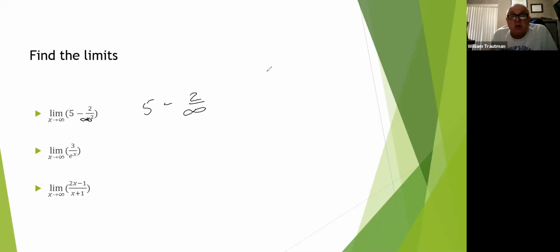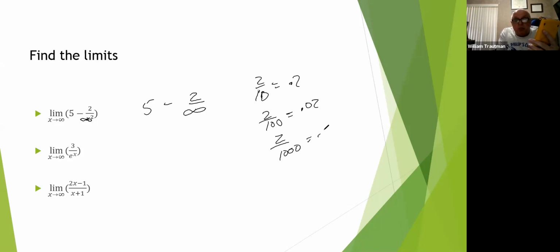Okay, try this on your calculator. 2 divided by 10, I get 0.2. Do 2 divided by 100. I get 0.02. 2 divided by 1,000, I get 0.002. 2 divided by 1,000,000, I get 0.0000002. Where is this going? 2 divided by infinity equals